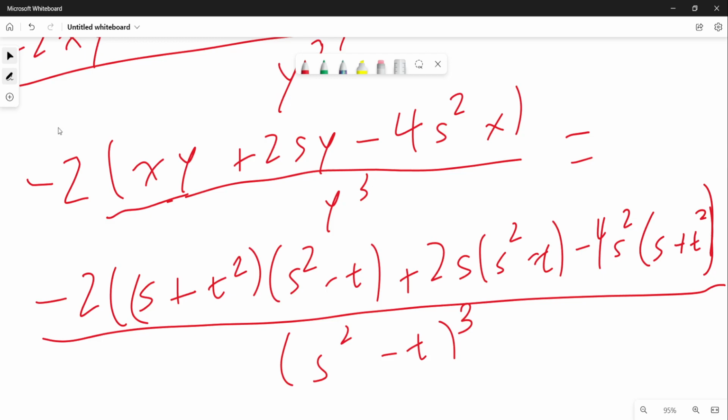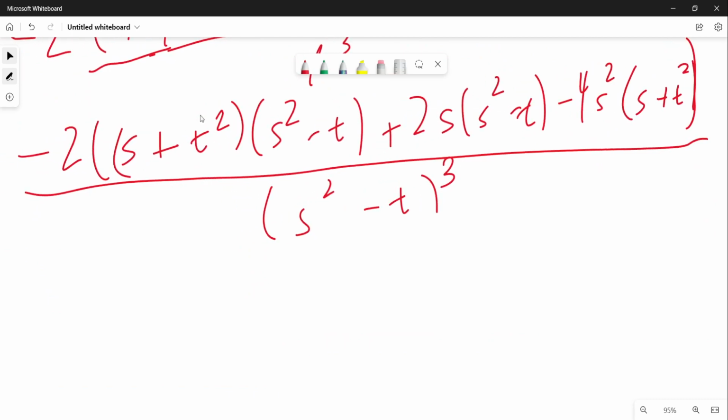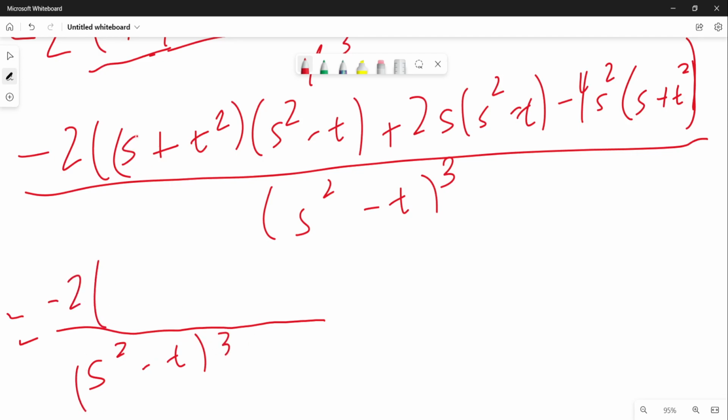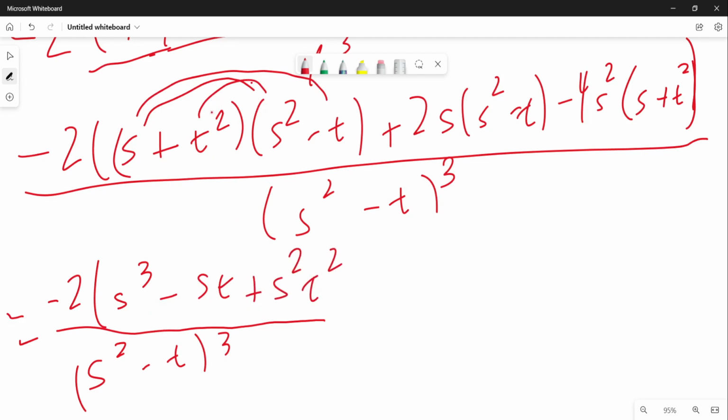All right, so we're going to need to expand the numerator. I mean, I shouldn't have factored. Generally speaking, you want to combine all the like terms in the numerator. The denominator is already factored, so if you remember from Calc 1, a lot of times factors will cancel out. That's why you like things in fractions to be factored. But anyway, negative 2, let's see. 4 terms here, so s cubed minus st plus s squared t squared minus t cubed